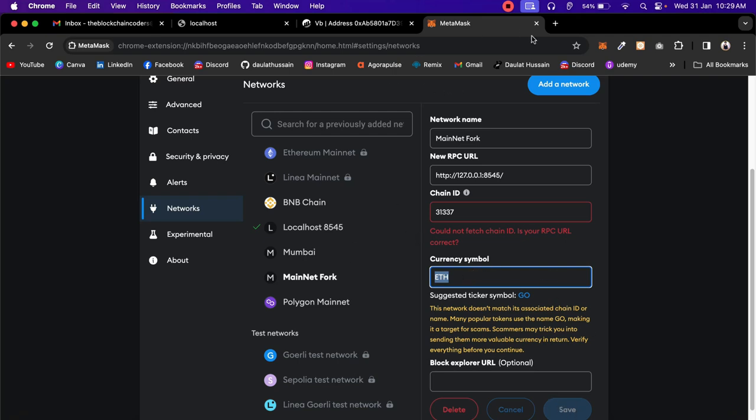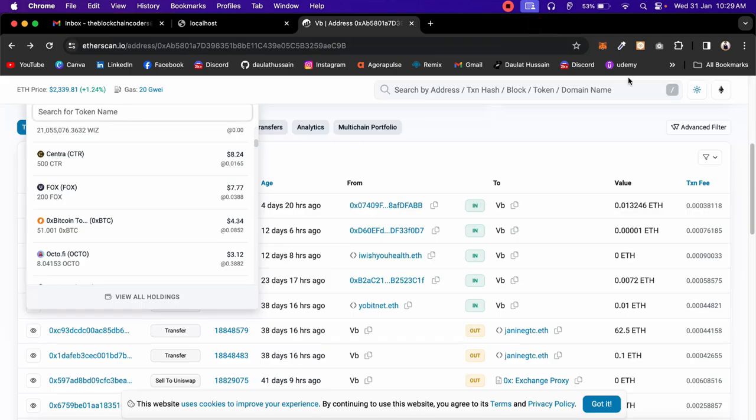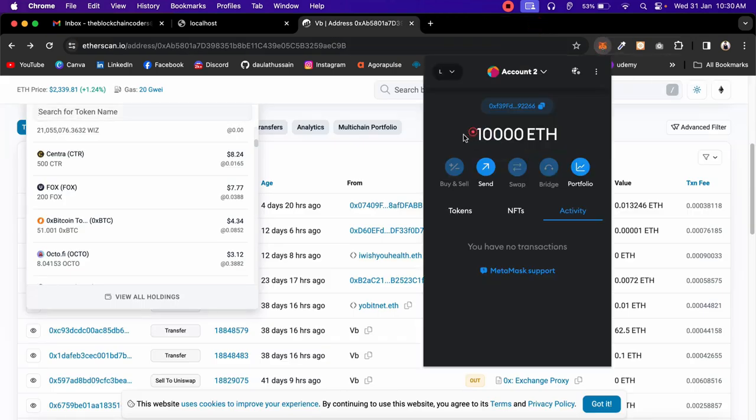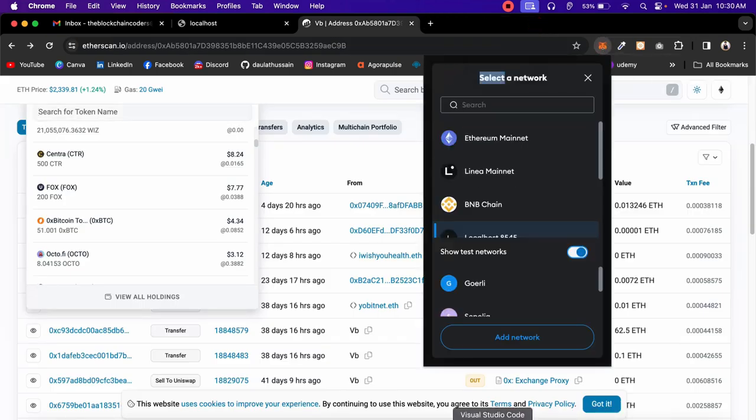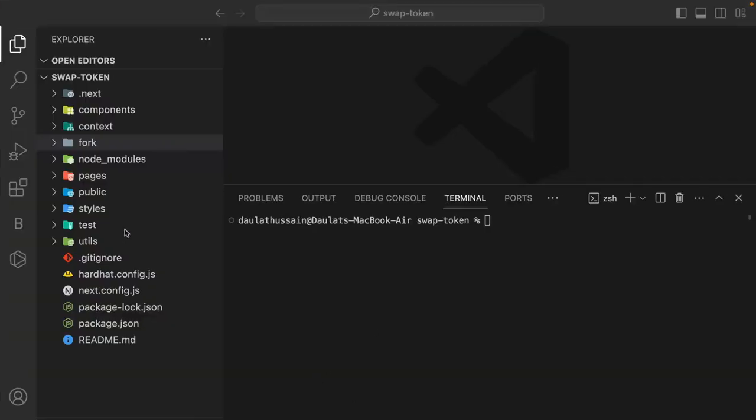Once you're done with the setup, all you have to do is close that one and open up your MetaMask. It's working fine. We are connected with that. Now we're going to come back here, and we're going to start our local node. All you have to do is run this particular command,